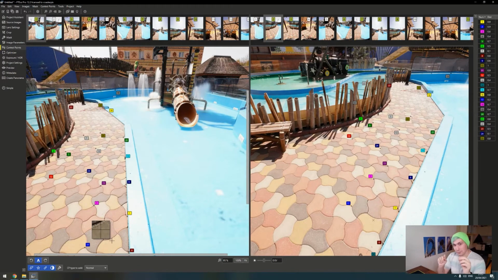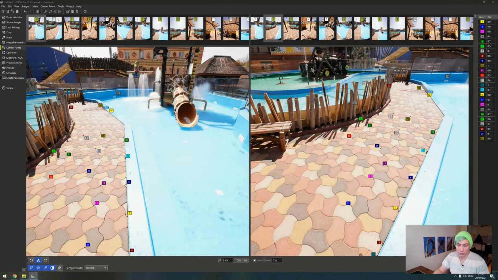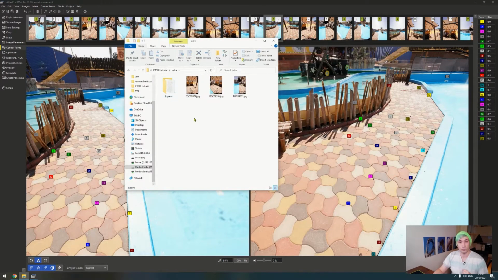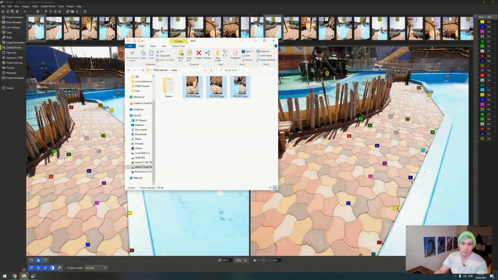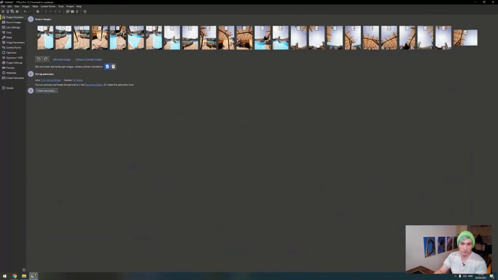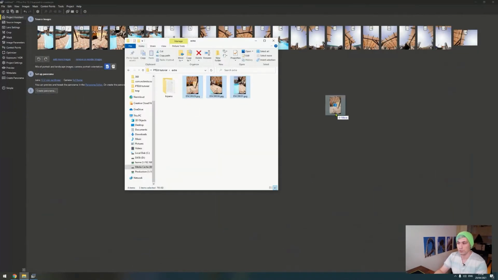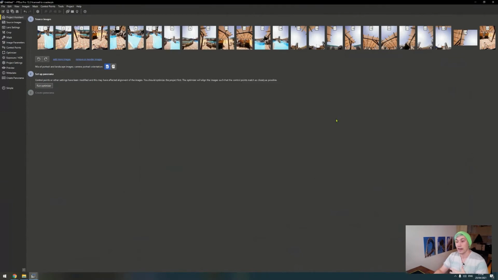So sometimes there are photos which cannot be automatically aligned because there are moving parts in them or other issues, and we are going to produce one such situation because I'm now going to import 3 more photos. Those are photos of the area without the people, after I asked them to leave or just move to the side for a moment. So I simply go back to our project assistant, which is the first tab. I take those photos, I load them in, and right now